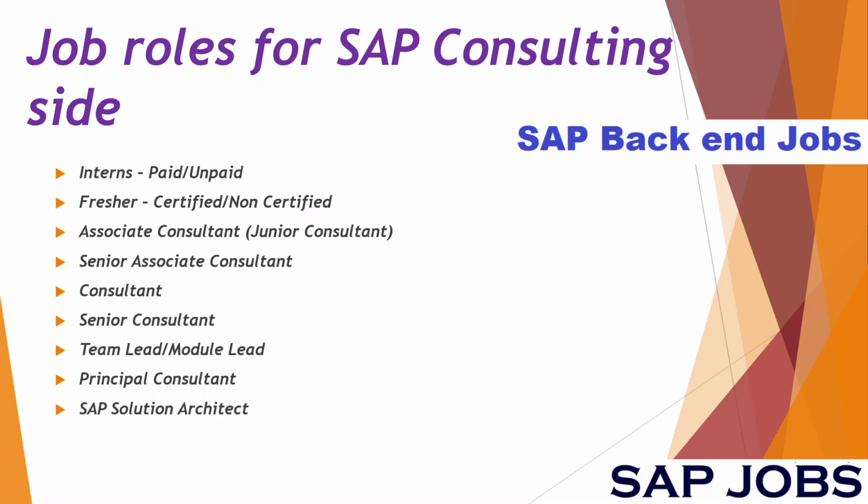Then after working for 1 or 2 years, they will be promoted to the next level, also called the associate level or associate consultant, right? They are also called the junior consultant. Usually 0 to 2 years is the work experience range for the associate consultant level. Then there will be senior associate consultant. Senior associate consultant means a bare minimum of 3 to 4 years of experience. They will usually have more knowledge and understanding compared to all the previous job profiles, right?